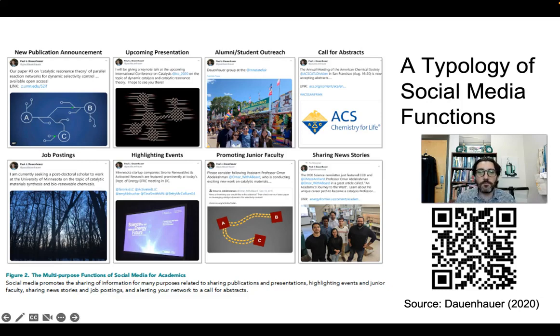And then finally, if you are working with a conference or a professional organization that is hosting an event, you may want to advertise the call for abstracts, which is depicted on the top right. And so this is a great way to disseminate this call for abstracts to a broader audience than maybe you might be capable of by simply using email. So take a look at these, examine the article itself. It's chock full of great information, but it gives you a sense of the diversity of opportunities that you can have to take social media and utilize it in a way that's beneficial for you and the scholarly communities that you interact with.